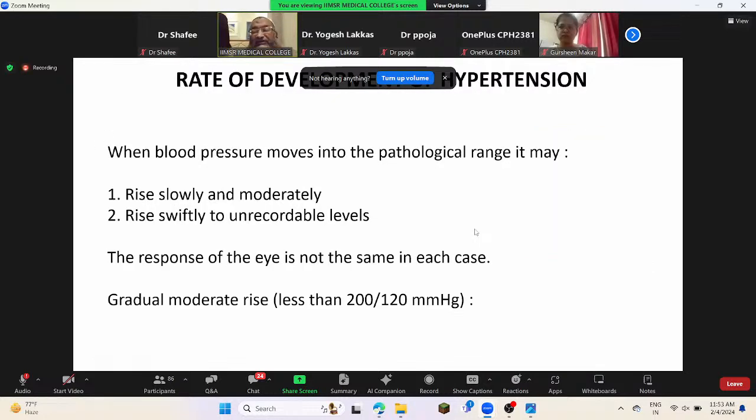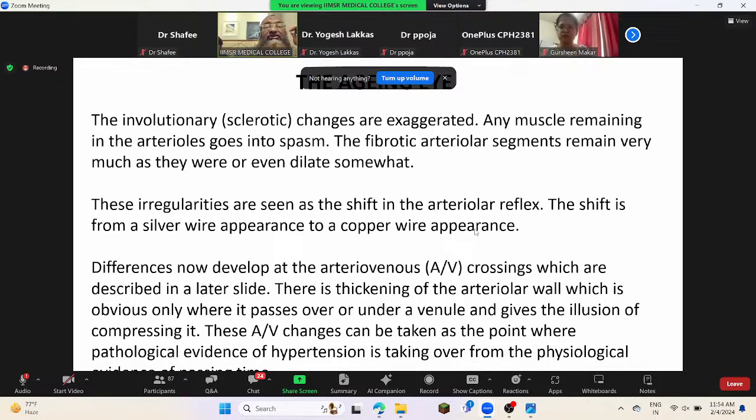Rate of development of hypertension: just as the state of the vessels is important, the rate of development also matters, how fast it has developed. When blood pressure moves into the pathological range, it may rise slowly and moderately, or it may rise swiftly to unrecordable levels. The response of the eye is not the same in each case. The gradual and moderate rise is less than 200 over 120 millimeters of mercury. Again, we have to see these differences in the aging eye and the young eye. In the aging eye,